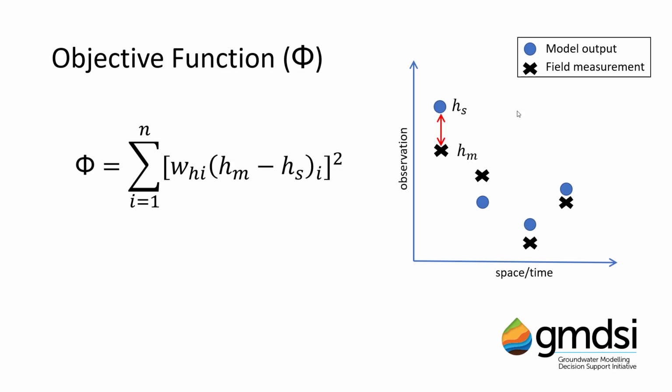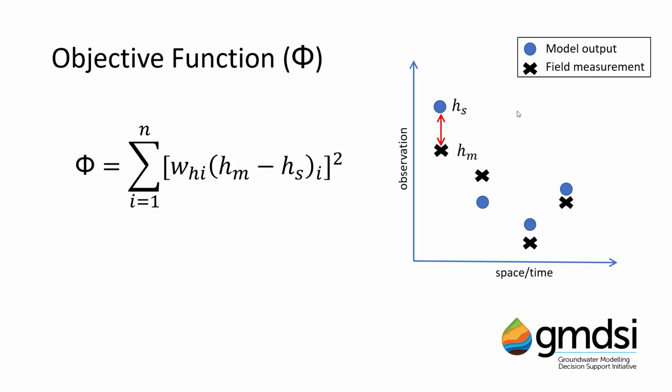From the equation on the slide, it is evident that the objective function will be dependent on the selected weighting scheme. There are no set rules for weighting, as what is important will vary depending on the modeling purpose and will tend to be a somewhat subjective and case-specific modeler decision. So as we've said, history matching aims to identify parameters for which model-generated outputs match field measurements. It is accomplished by iteratively changing parameters and searching for those which result in a lower objective function, so as to minimize the objective function. Deciding that the objective function has been lowered to a value that is good enough is not straightforward, as good enough will always be subjective and context-specific.